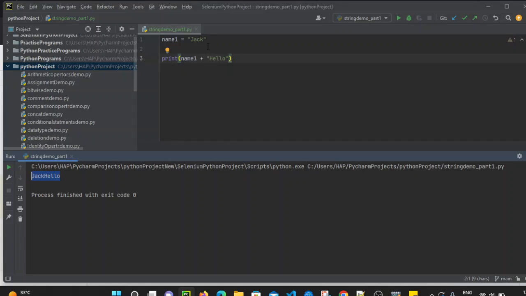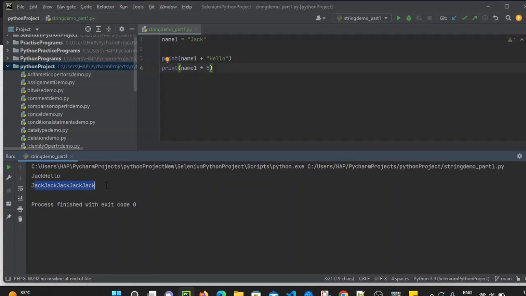Also there is one more operator, that is the star operator, which is used to repeat the same string again and again. So here if I use print name1, then I am using star, and how many times we want to repeat that string. So if I put 3 here and execute this file, it will repeat jack 3 times. So that is used for repetition of a string by using the star operator. Instead of 3, if I put 5 here and run the file again, it will print jack 5 times, right? So that is the repetition operator by which we can simply repeat that